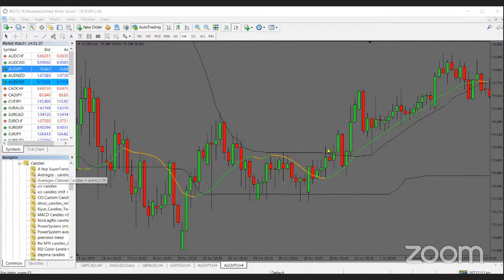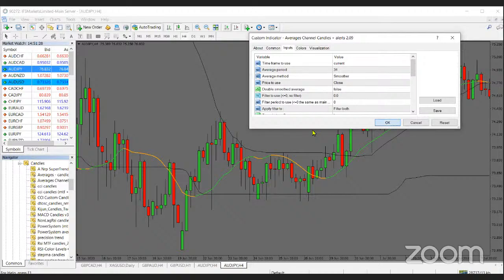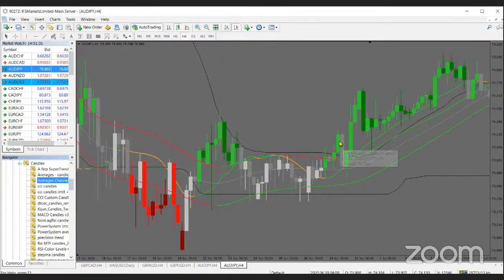I believe I've shared this average candle in my second session. So this is what you can actually add into it. So it's an indicator over an indicator, which is nothing wrong with it, by the way.